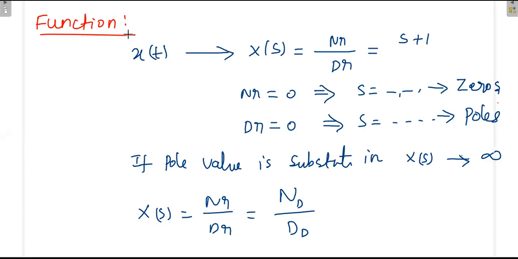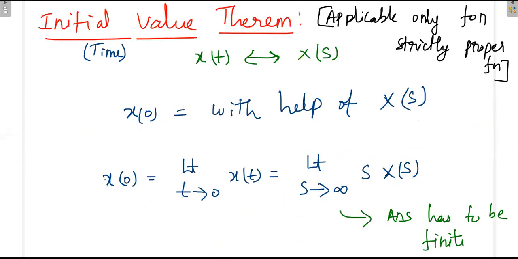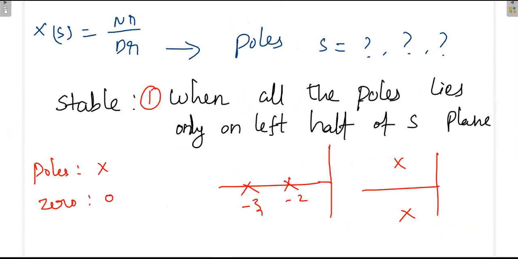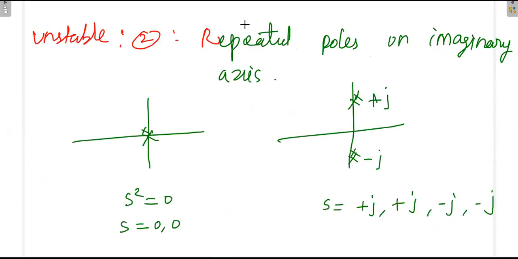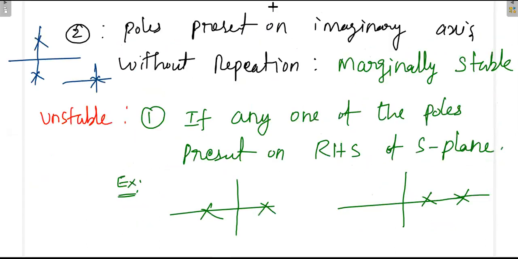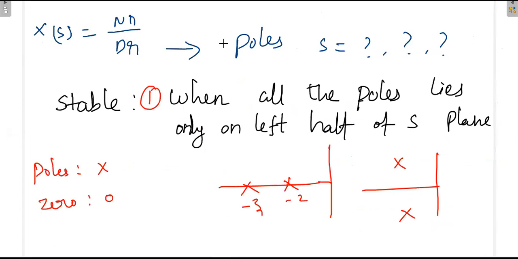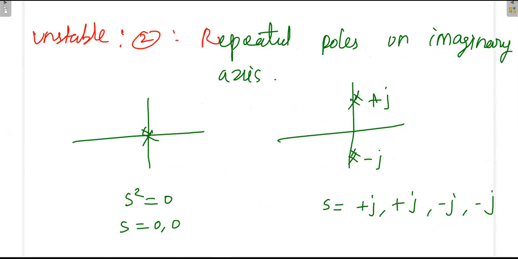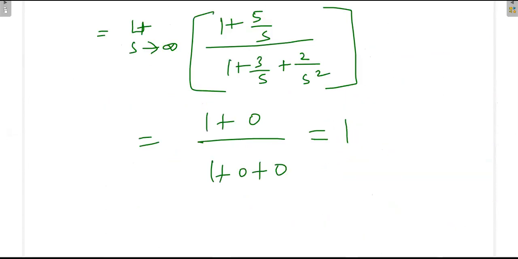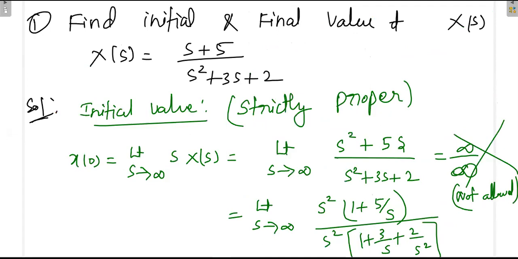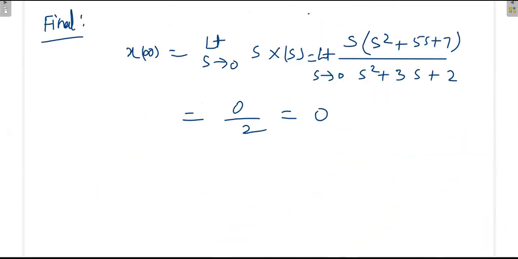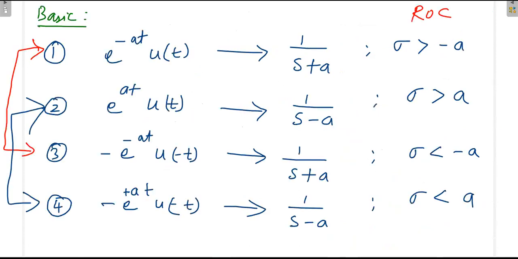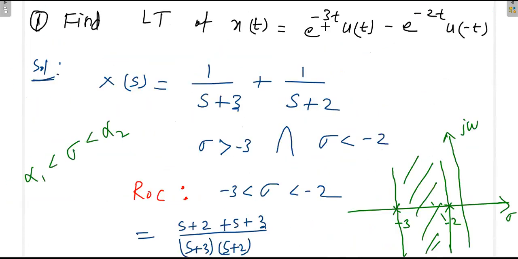Last class, we have seen functions, then the initial value theorem and final value theorem, and also some statements regarding stability. With respect to a transfer function, how do we identify whether the given transfer function is stable or not? Then we have seen three different problems, and then the initial and final value theorem problems. Later, we took three different problems with the same structure.